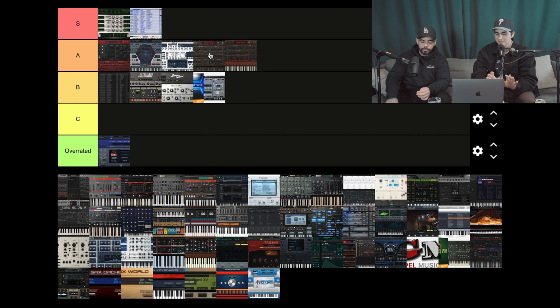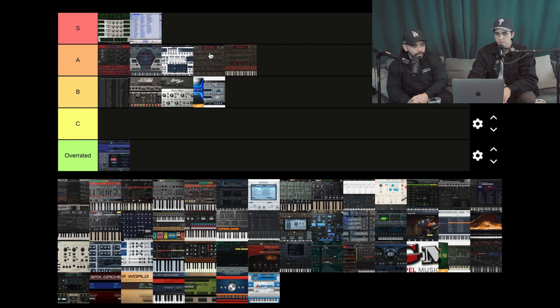Because Repro 1 has fire bass. I love basses on VSTs, right? The basses are super dope. They have really dope synth plucks and bells, and they have dope leads. And I don't even have any expansion packs. This is just straight up presets that are on there. The reason why I put 1 first instead of 5, I mean, if you get the bundle, you're gonna get all of it. But yeah,